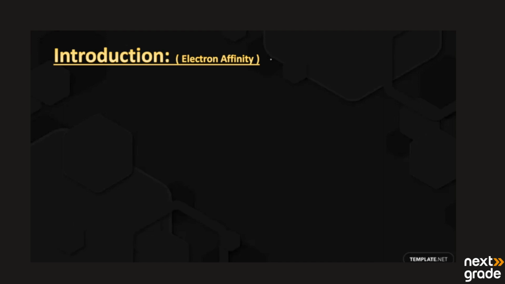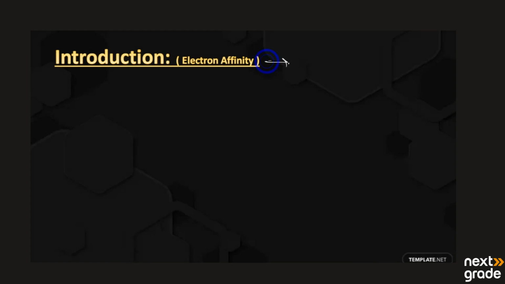The topic is electron affinity and its periodicity. Electron affinity is a new topic for you, so what does electron affinity mean? By definition, electron affinity is the amount of energy released when we need to add an electron in the